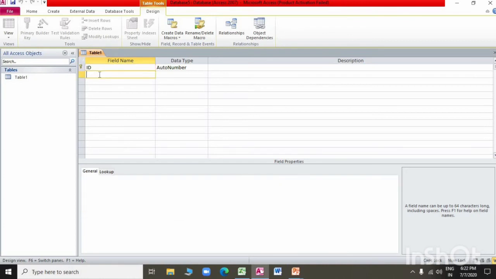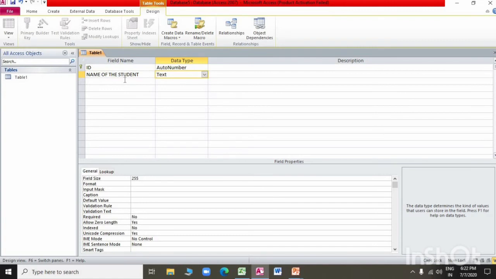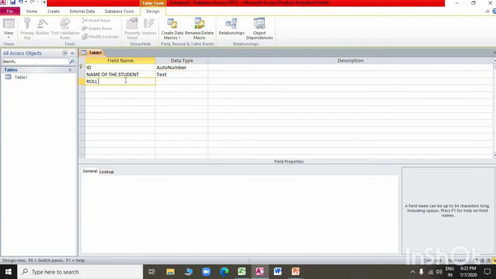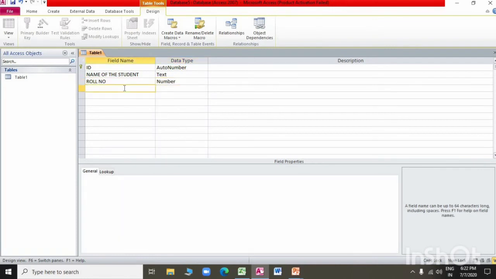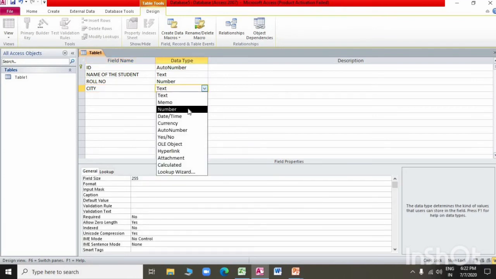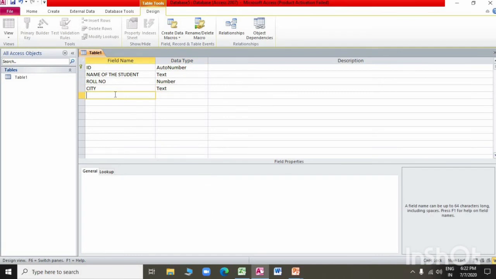Next is name of the student. Its data type will always be text. Next we give roll number. Its data type will be number. City, its data type will be text. Next, date of birth.